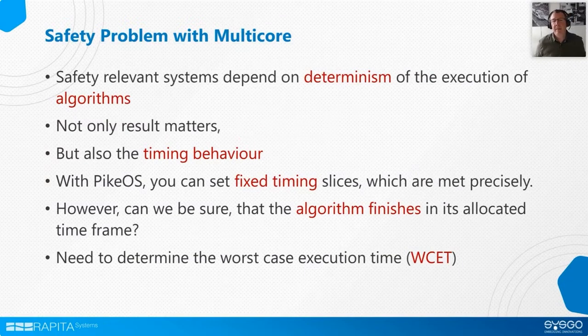The problem is that you need determinism. And determinism does not only mean that an algorithm provides the same output based on the same input. It also means that the algorithm finishes within its allowed time frame. With PikeOS, you can set up time slices and assign them to applications. But how can you make sure that an application does finish within its time? This is called worst case execution time